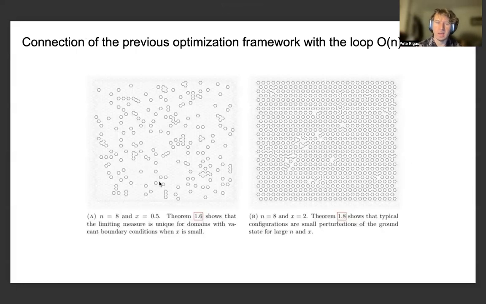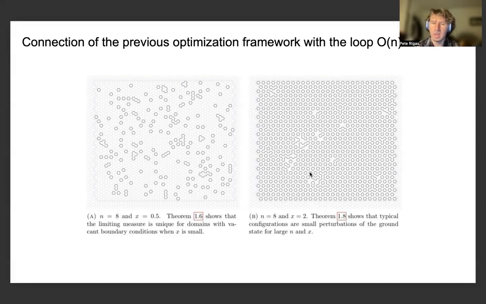And we can see that it's important to determine which type of parameter regimes we want to look at for this probability measure, because the values of different parameters that we take in the probability measure can inform the different types of contact patterns that our robot can take. In particular, we can see that when we take certain values of the parameters n and x, typically the loops that we obtain in our configuration over the hexagonal lattice are very small,